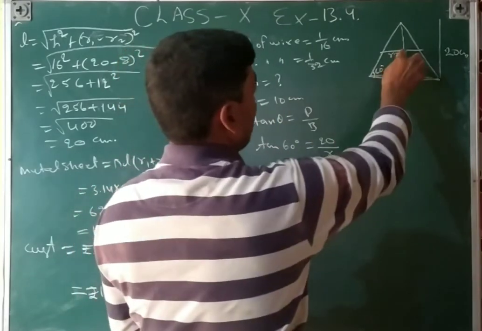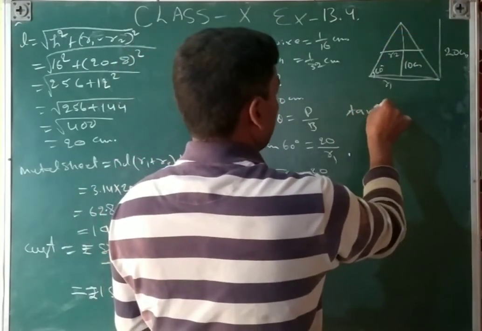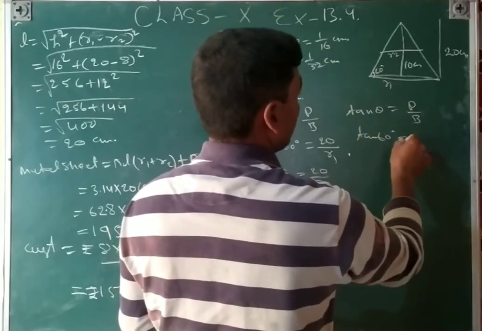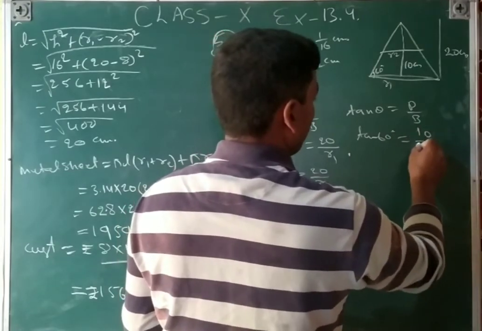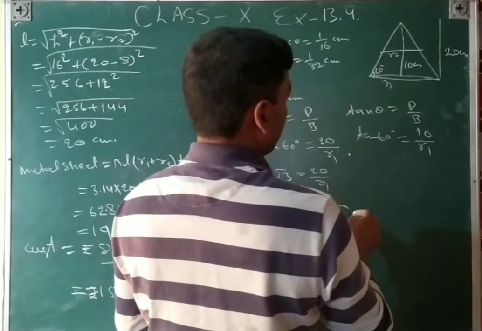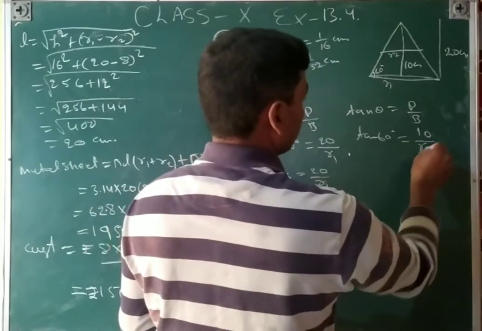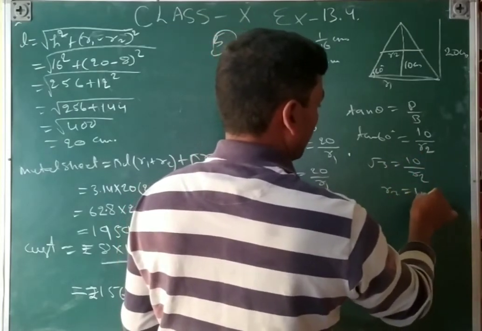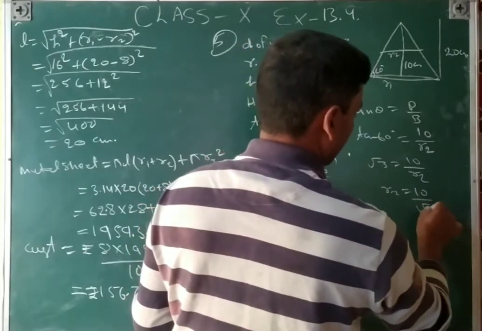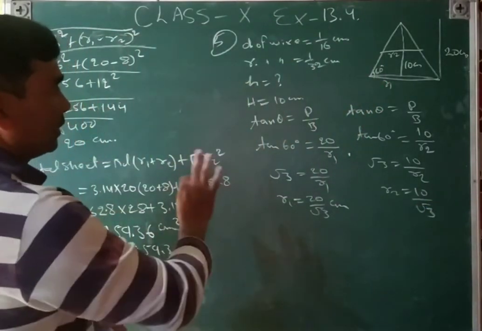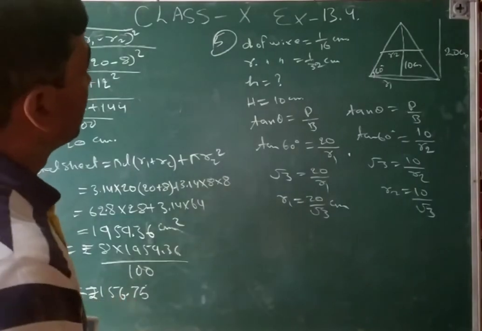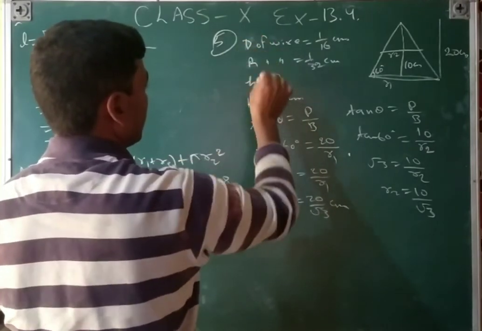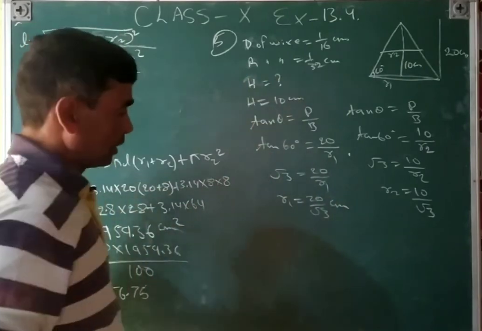Similarly, we will find R2. Tan theta is equal to perpendicular upon base. Tan 60 degree is equal to perpendicular 10 upon R2. So root 3 is equal to 10 upon R2. So R2 is equal to 10 upon root 3. Now H, R, R1, diameter and other things we have found here. We can write capital letters, because another thing also comes.